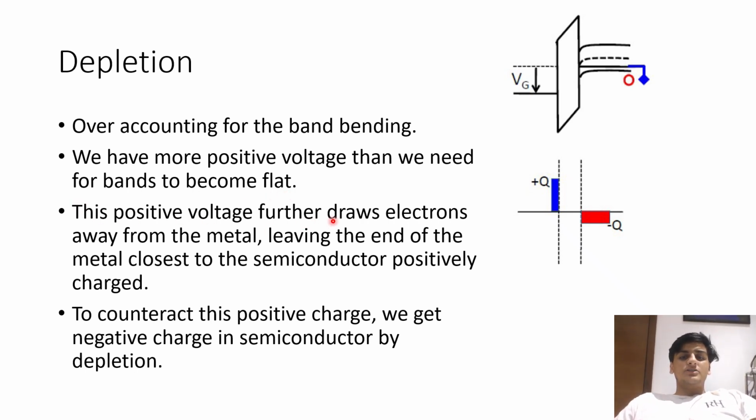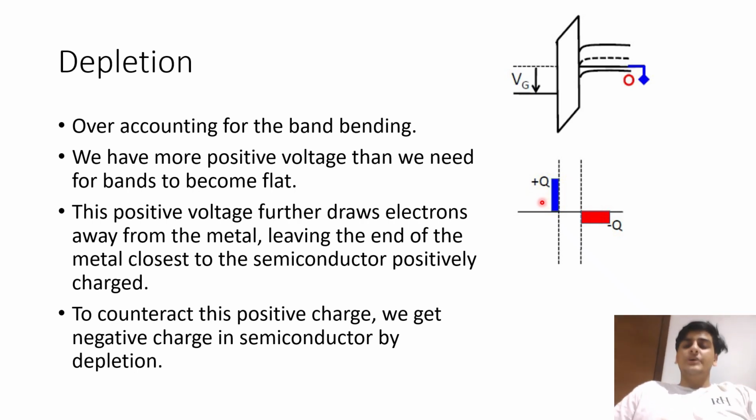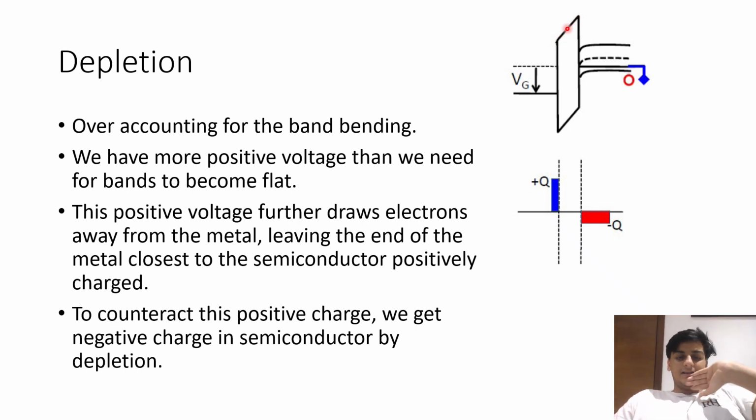This excess positive voltage is going to draw electrons away from the metal and leave this rightmost end of the metal positively charged. This is also the only thing that the metal can do to explain this type of band bending. Similar explanation as to what we had on the last slide. So you're going to get a positive charge here. This positive charge is essentially going to repel holes away from this